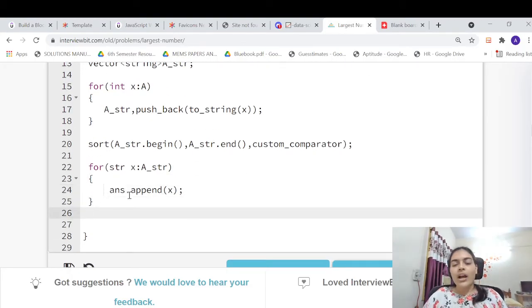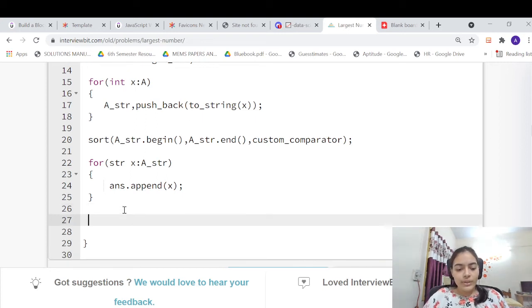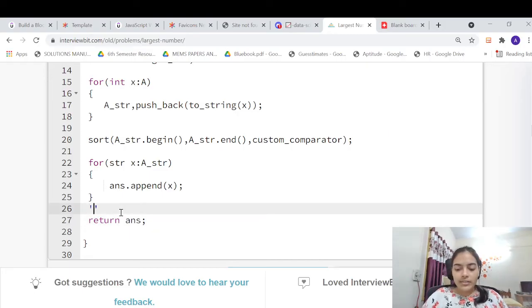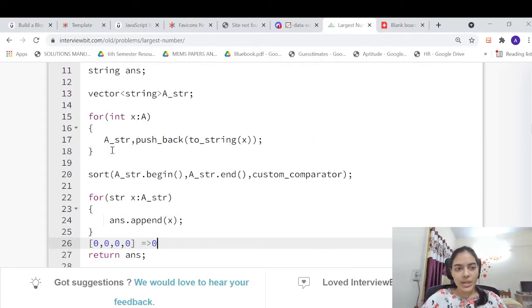So after this, what you are going to do is you can return answer, but there is just one more thing. There is a case which is there here. The test case is as such, where you have the numbers 0 0 0 0. Now in this case you don't want 0000 to be returned as this particular answer. We just want a single zero to be returned as answer. So what do you do? If you use this particular logic which we have done right now, the answer that will get returned is this. We don't want this as answer. We want a single zero as the answer.